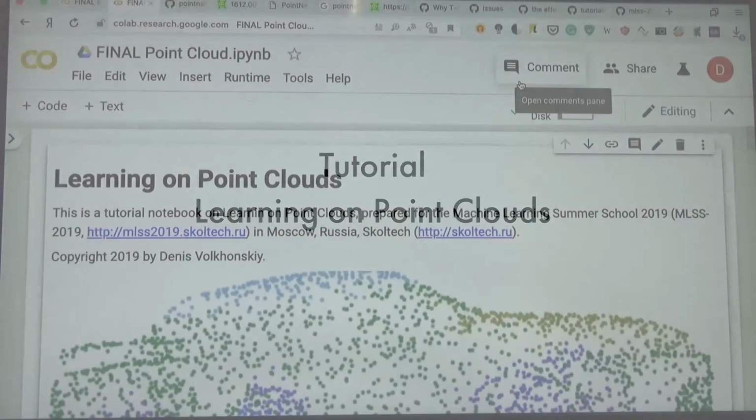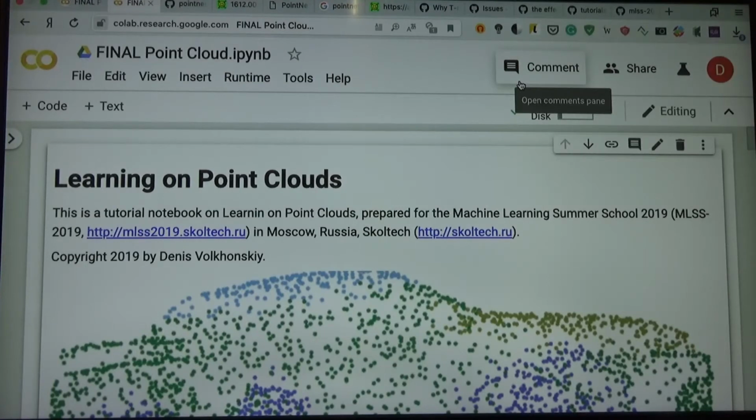Hello to everybody, my name is Denis, and today we'll have a tutorial on point clouds learning. I hope after this tutorial everybody will understand how to build neural networks for classification and other problems